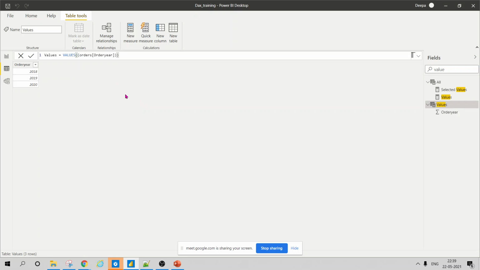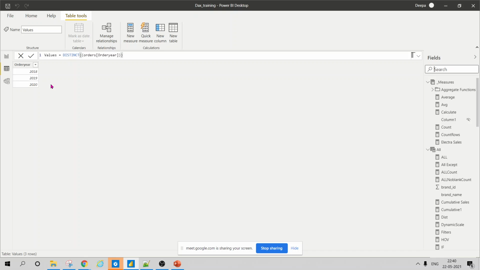So the VALUES function and this DISTINCT function work in the same way. The difference is that DISTINCT works when you also want to avoid any blank values, and VALUES works when you want to see whatever is in your column, whether there is any blank or something like that.